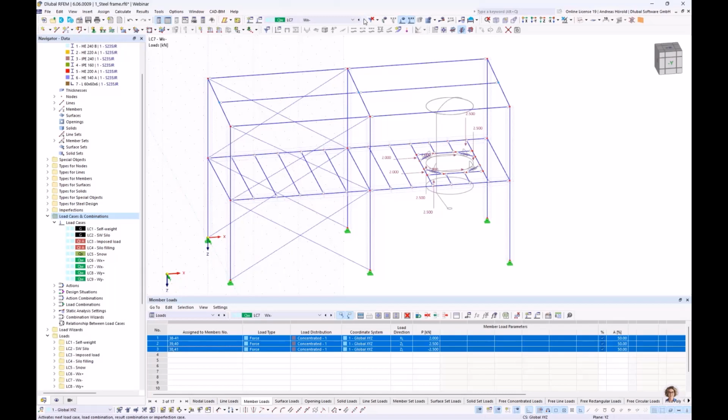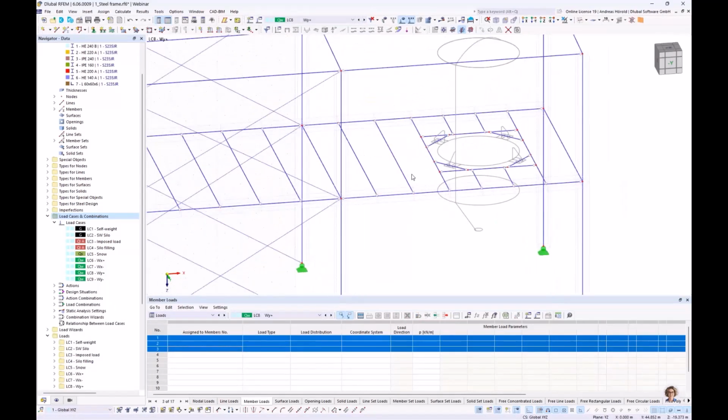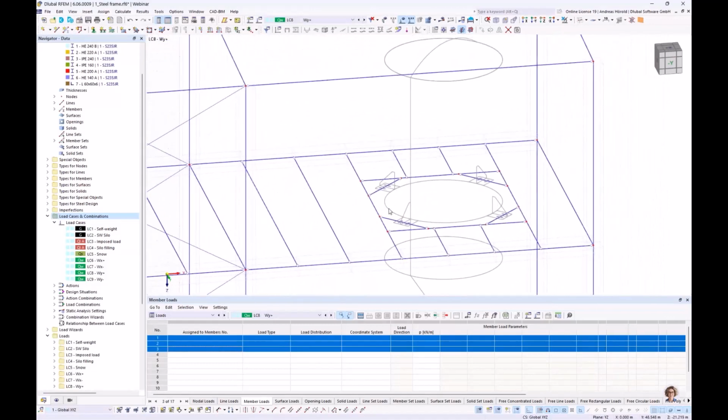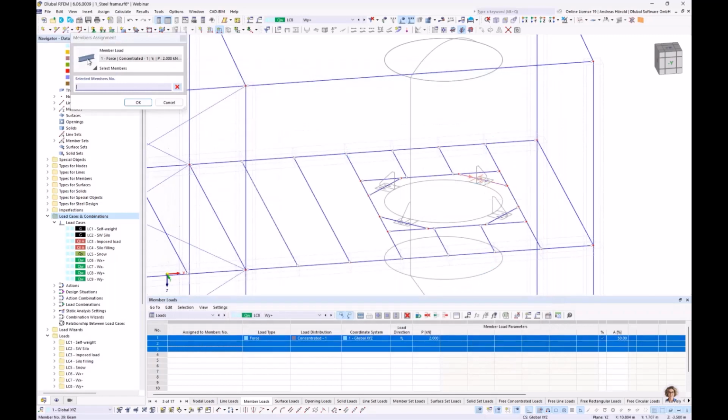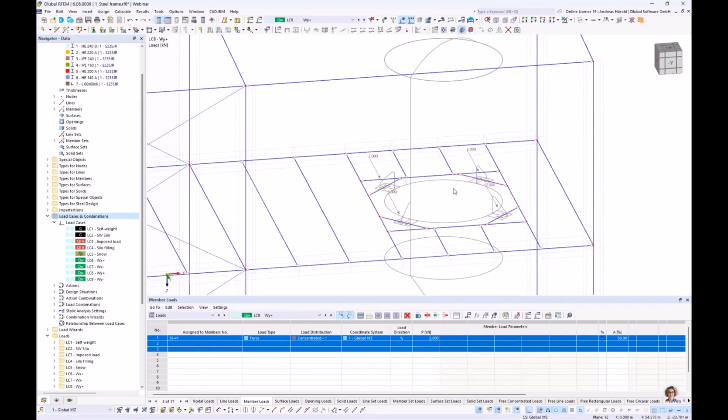So then the wind in Y direction. So new member load, 2 kilonewton in Y direction. Okay, all the 4 diagonal beams. Okay,